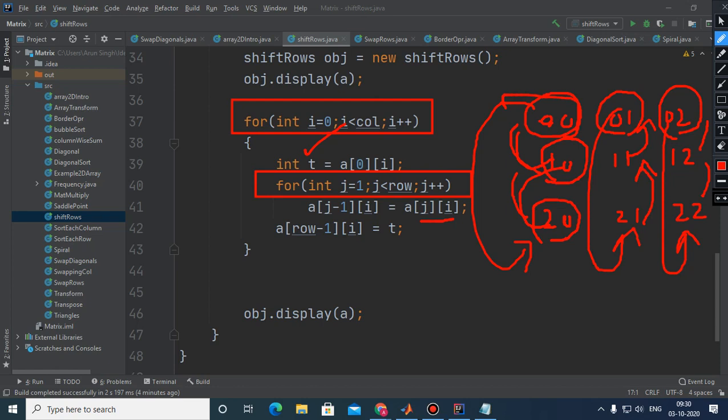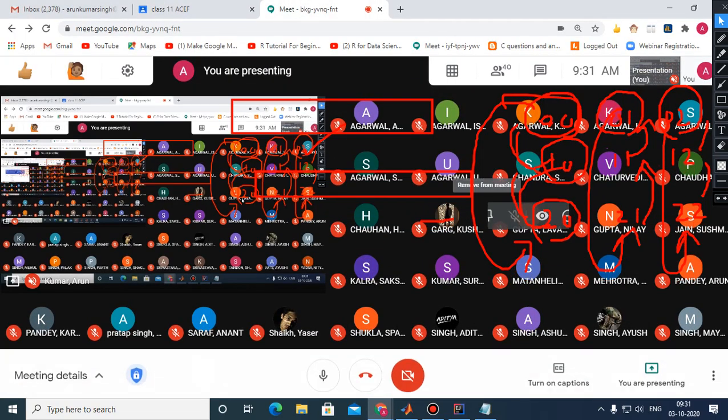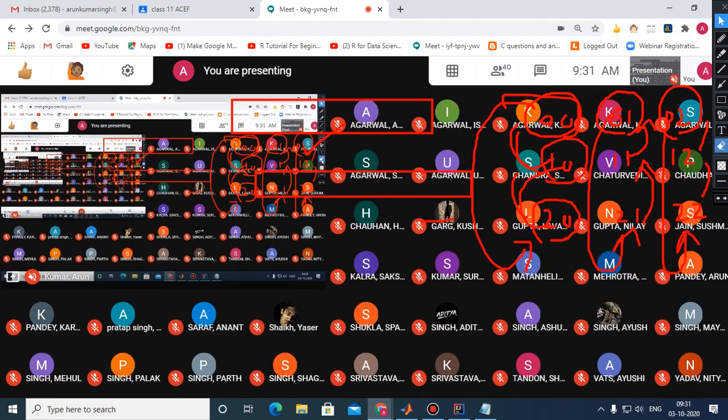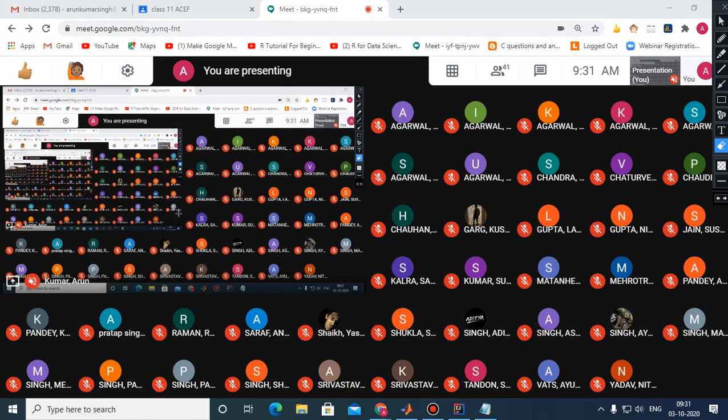Any other problem? Any other issue, children? So I hope you people have understood this question. And if not, then please tell. Class 11th. So you can use either of the methods in the examination. The first one which I have explained, or the second one which I am explaining just now.